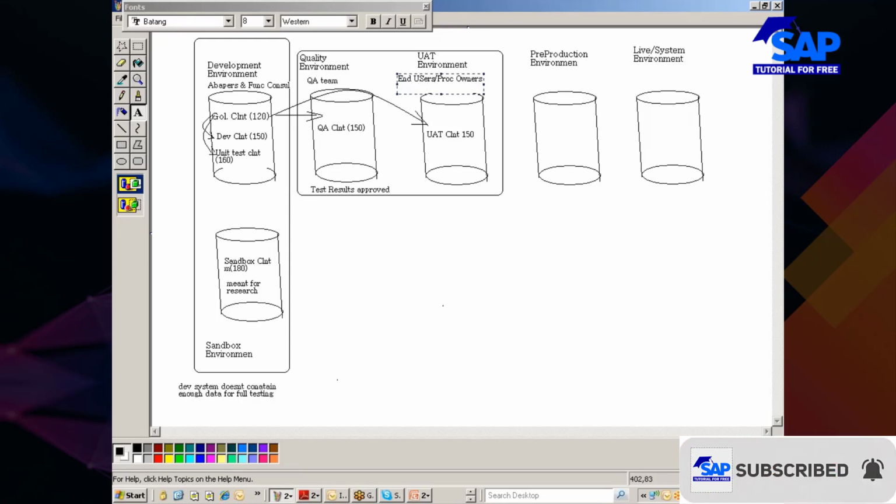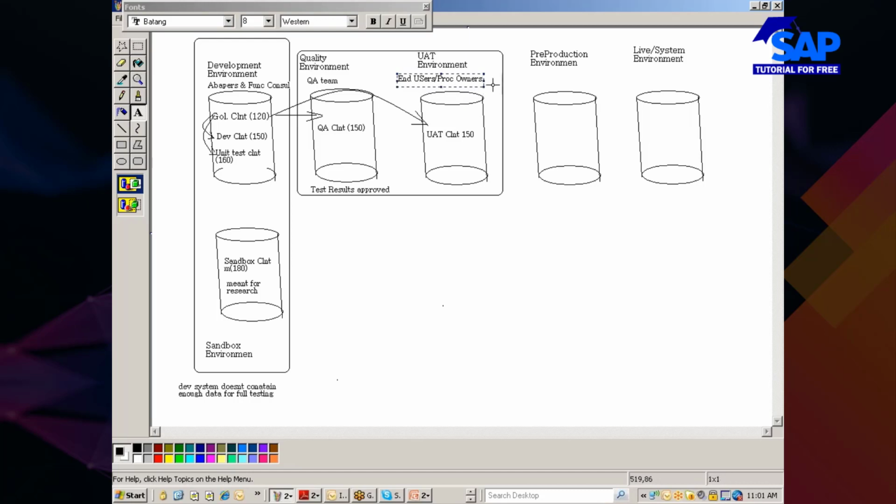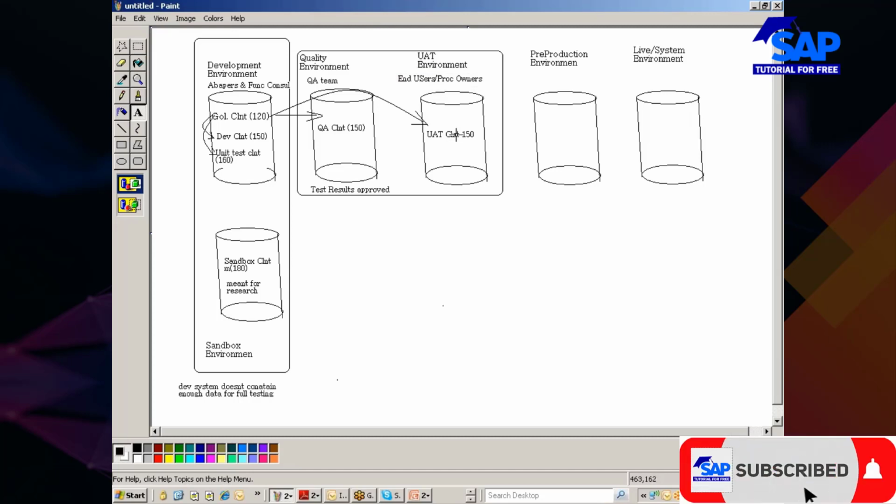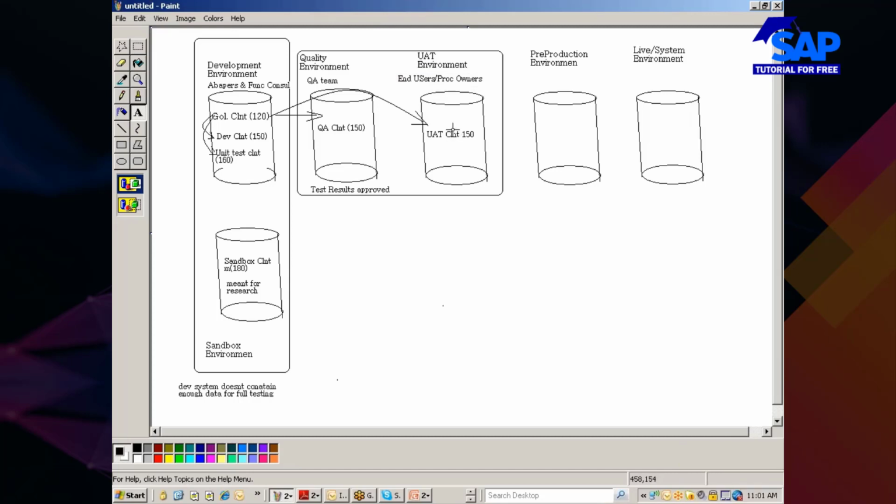The process owners are the team who will work over here. They actually do end-to-end testing, right? So right from raw material creation, and in case it is purchasing, sales, payments, etc., everything, completely A to Z testing will be done in the user acceptance testing client.